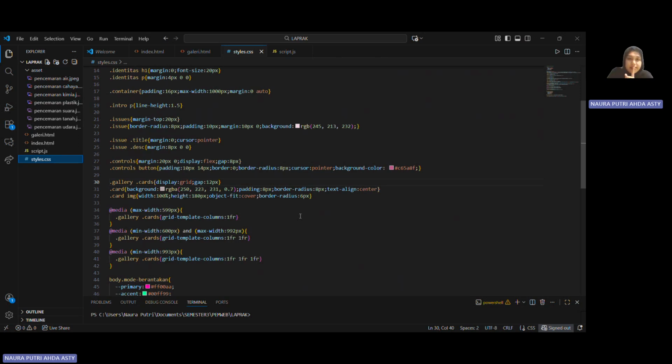And then on a large screen, we make it three columns.